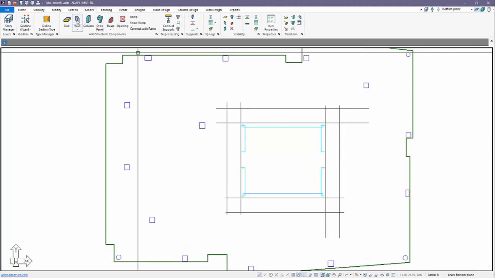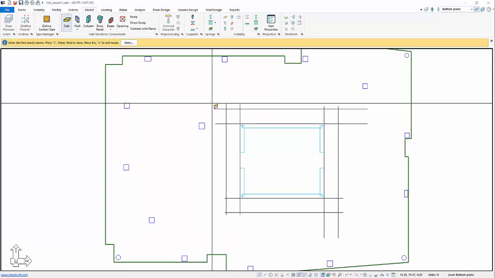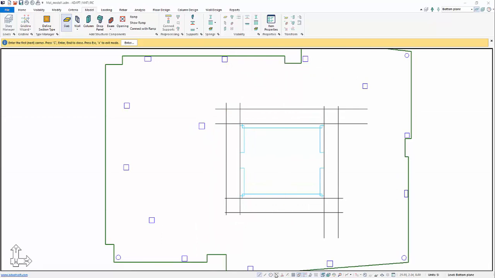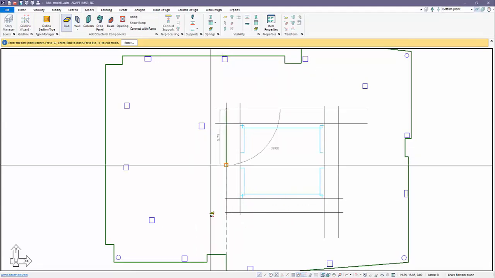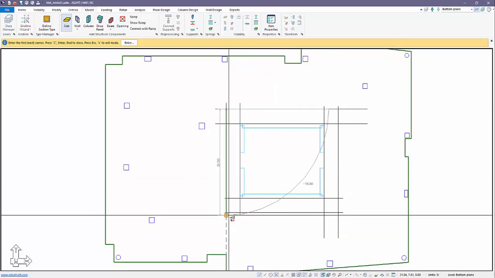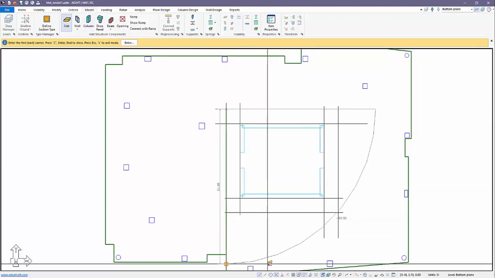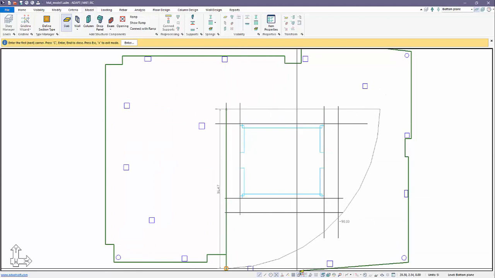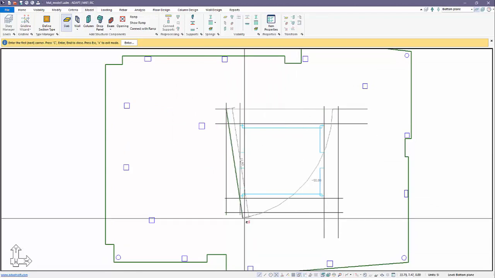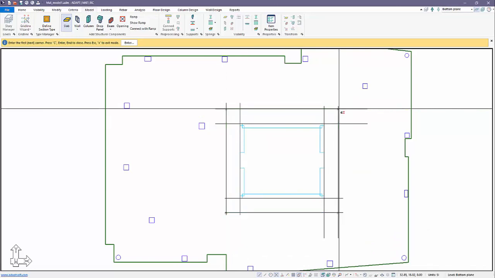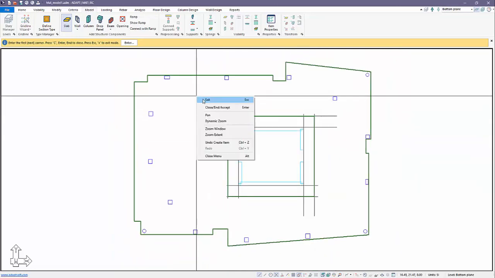Now under Model, we're going to create a slab region. And we're just going to nest this inside of this overall slab region that we converted from the polygon. This gives us the ability to generate some complex geometry in a model. Notice that orthogonal is still on. I can come down here and actually turn that off using the quick access. We'll turn that off and go ahead and create that thickening.